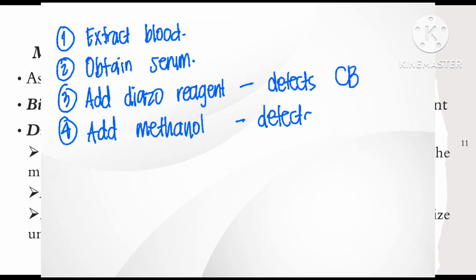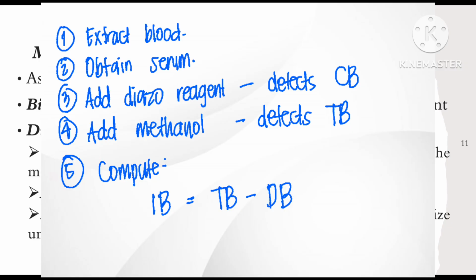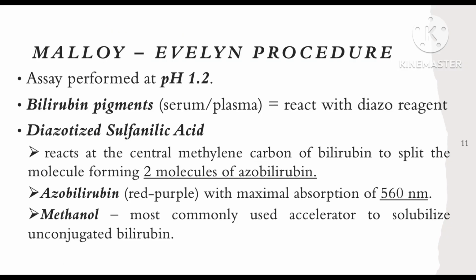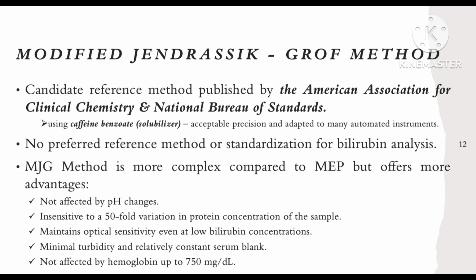And then after that, you add the 50% methanol. This step is very crucial because it solubilizes the unconjugated bilirubin. Therefore, you now have the value for total bilirubin. So in order for us to calculate the indirect bilirubin, just simply subtract total bilirubin and direct bilirubin. Advantages of Malloy and Evelyn procedure includes reliability and practicality for routine clinical use, and it's used in laboratories for decades. Lastly would be the